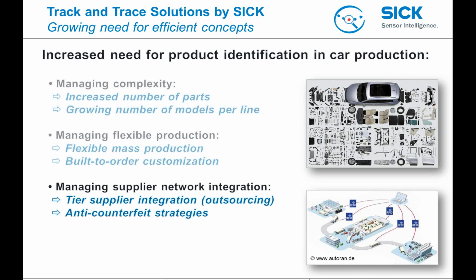Besides this, the external factors are managing the supplier network integration, integrating tier suppliers that component suppliers are outsourced to externally, also internal supply companies over corporate sourcing networks, and part of this also anti-counterfeit strategies to ensure that the products that end up in the car are the ones that are supposed to be there, and not counterfeit products